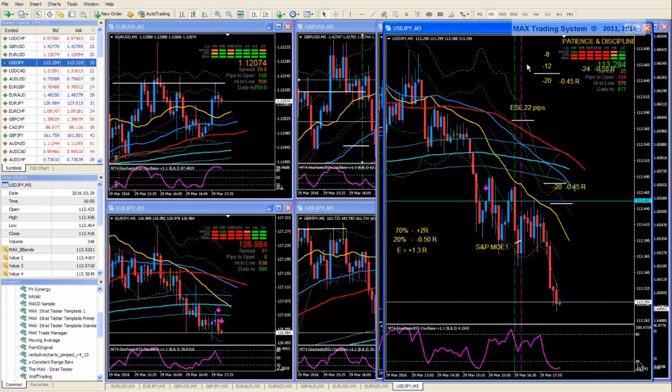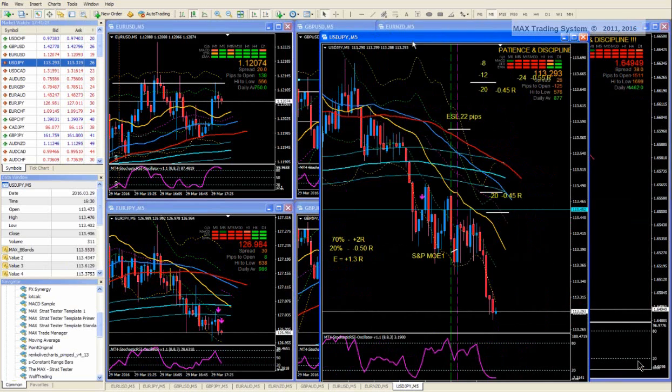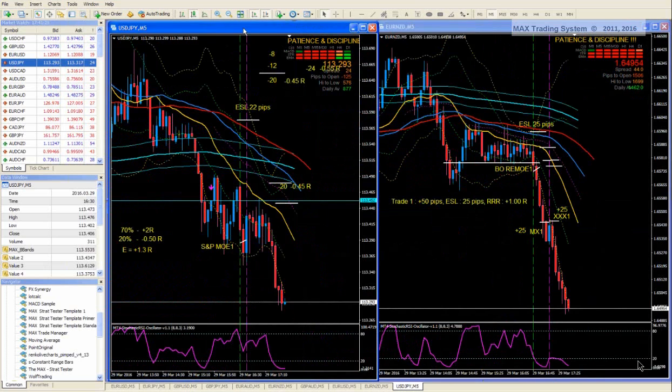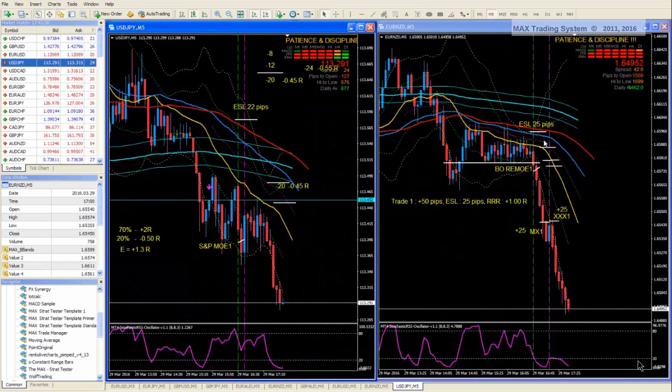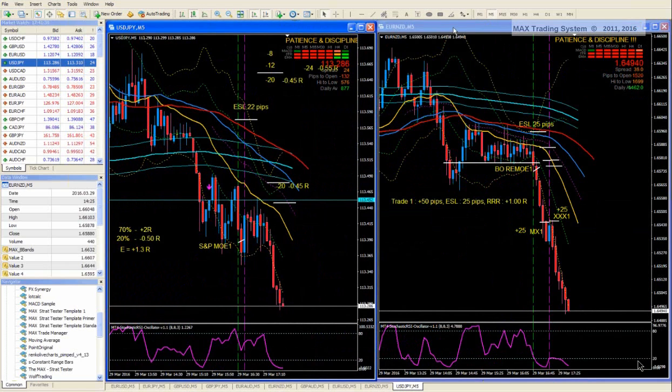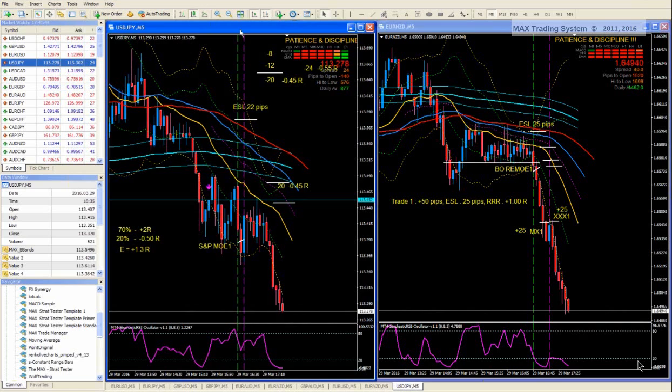Yeah, perhaps, Jean-François, indeed. There are always some pairs moving nicely. Okay. And we can see indeed for the Kiwi, and I have taken the Euro Kiwi, but we could have chosen the Pound Kiwi, the Aussie Kiwi, the US Kiwi, and we see that the Kiwi is very strong. So there were a lot of opportunities. Okay, but the problem was also to choose the Kiwi, and why the Kiwi? Okay.